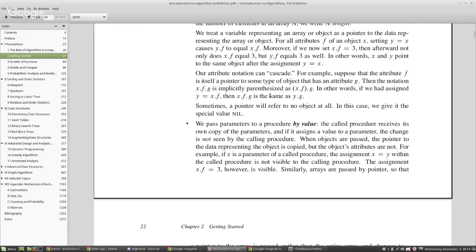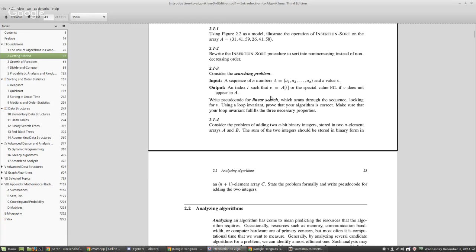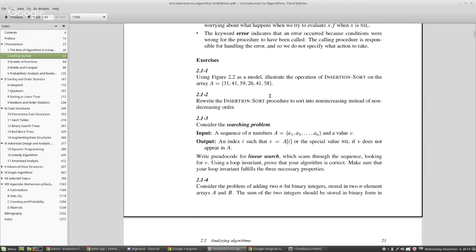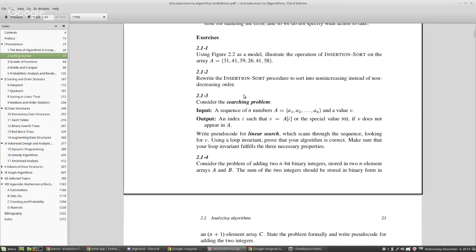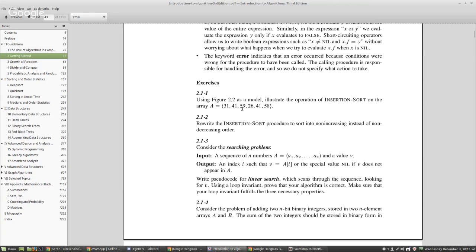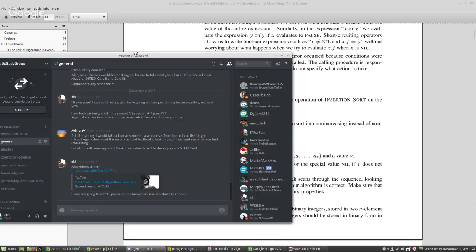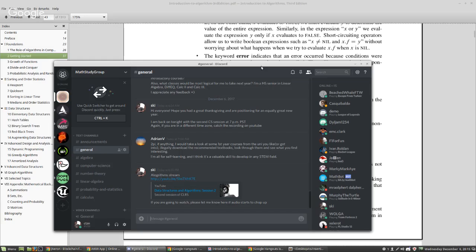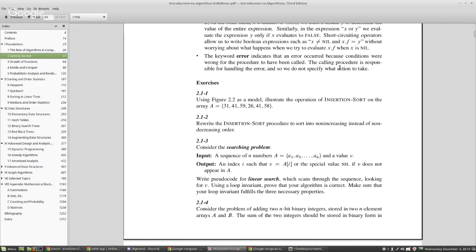Okay, so I strongly suggest now you go through these exercises. We have, let's see, 4 problems here. I strongly suggest you go through them. I will be going through them myself. And if you have any questions, do post them here in the stack. What stack? What am I talking about? In the Discord channel,